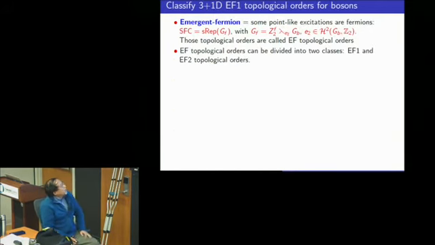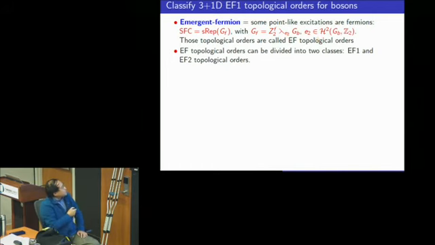Okay, so now let's try to add fermions. When you have fermions, what happens? As I mentioned, the particle is still described by a representation of a group. But this group is a Z2 extension of another finite group, and the Z2 extension is a non-trivial extension, labeled by these two co-cycles.